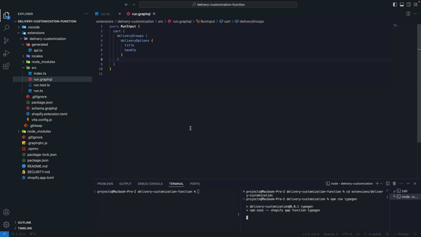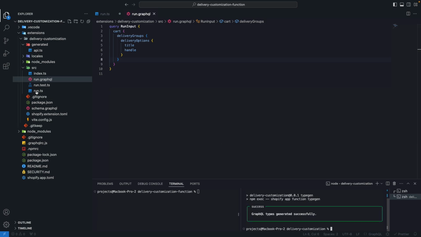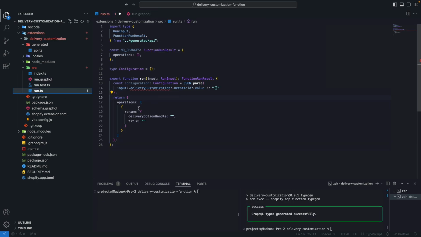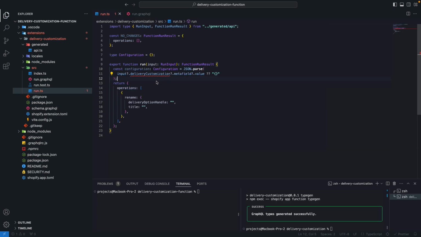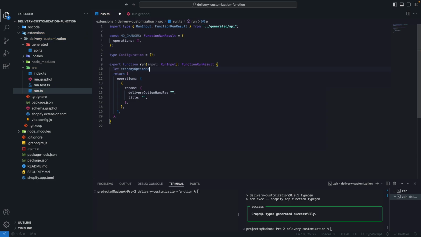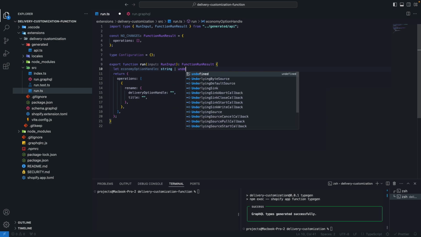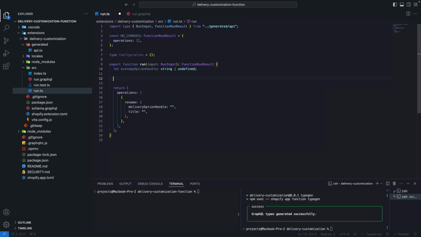And this should update the types for run.ts. Now let's generate the body of the function. So let's delete this now. Let's say let economy option handle. This will be of type string or undefined. And I'm going to do for const group of